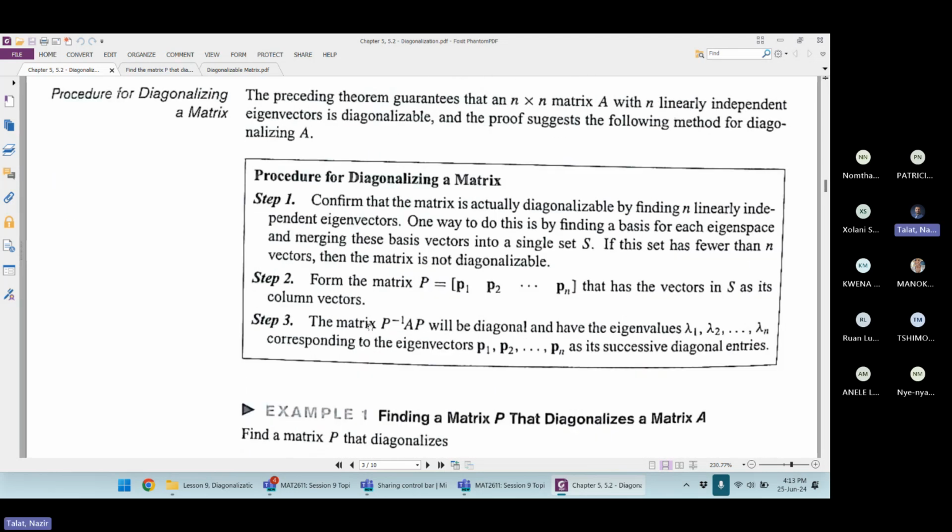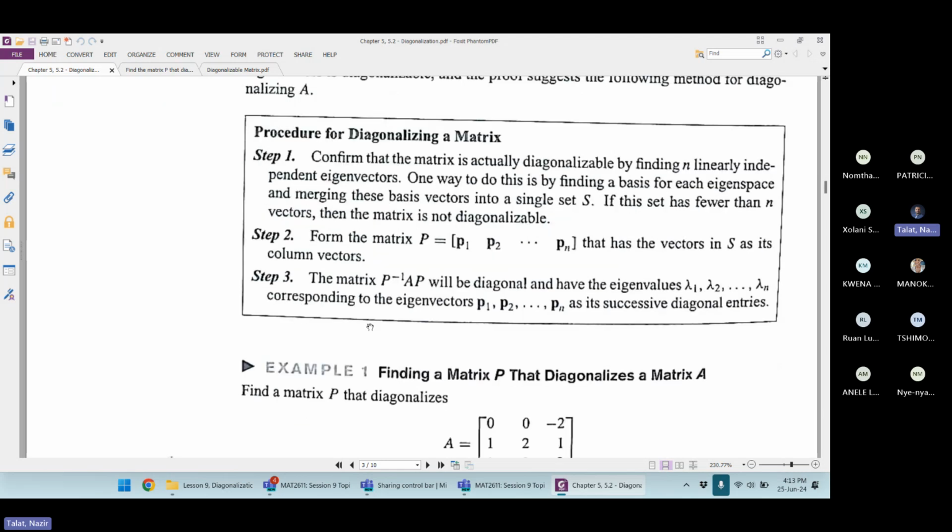Since we know that if we have a matrix A, then we can find its eigenvalues and eigenvectors. With the combination of these eigenvectors, we can arrange them and find a matrix P. So when we get a matrix P, we can see that P inverse A P is always equal to a matrix D, which is a diagonal matrix, and the diagonal entries are always lambda 1, lambda 2, up to